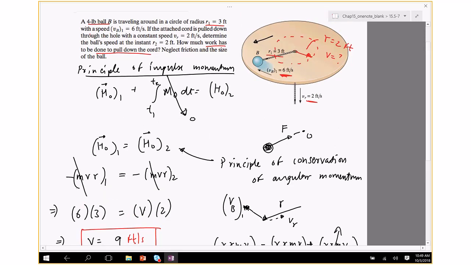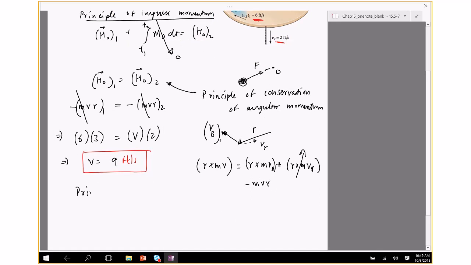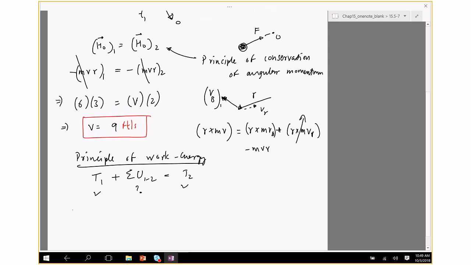Okay, one last thing and I'll let you go. We are also told to find the work that has to be done to pull the cord down. One way to find the work is to find the force F which I drew there, and the displacement, then I can find the work done. But that's the longer route. A shorter route is we can use the principle of work energy, which states that the initial kinetic energy plus U12 equals T2. We are trying to find this. We know the initial kinetic energy, we know the final kinetic energy. The initial kinetic energy is half